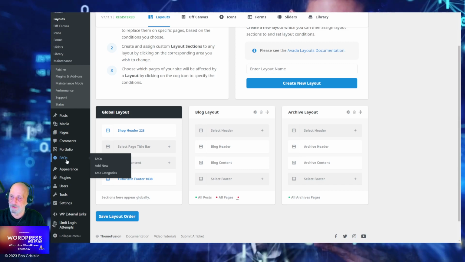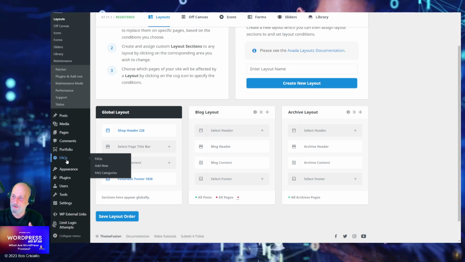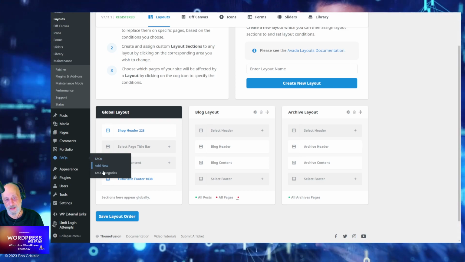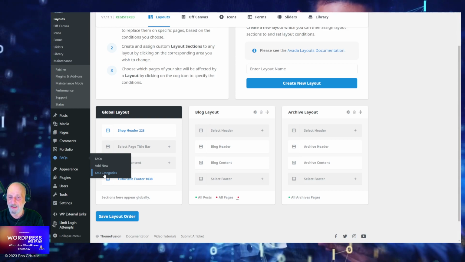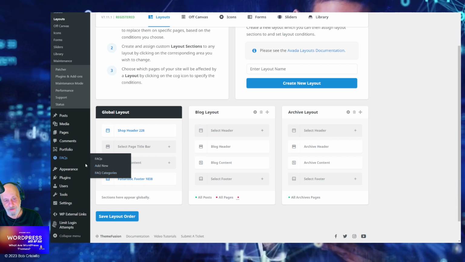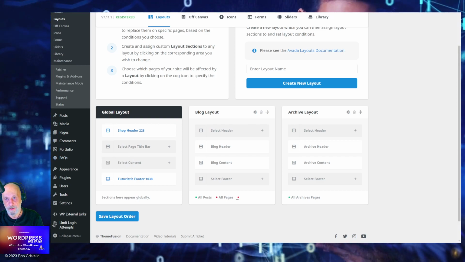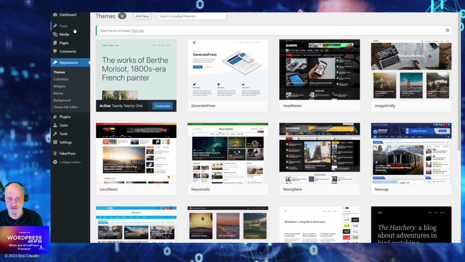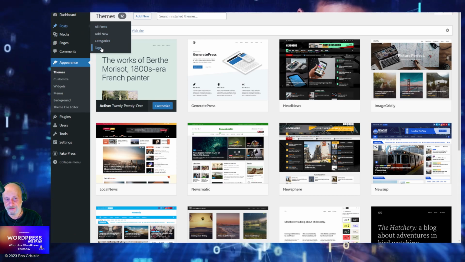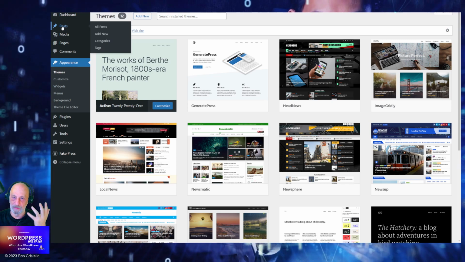These are custom post types, and they also may have their own FAQ categories. That is a taxonomy specific to the FAQ post type. Just like in our other scenario, categories and tags are taxonomies associated only with posts.